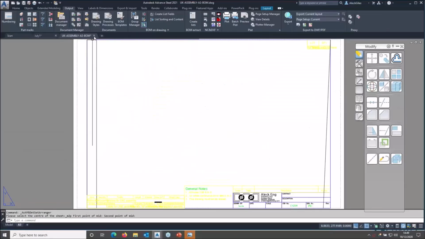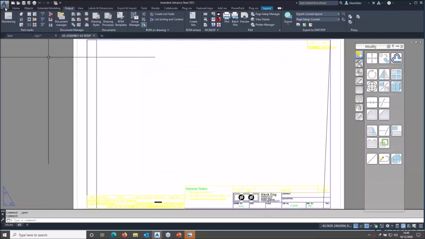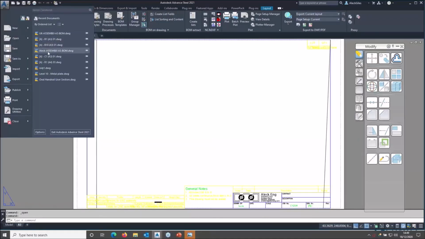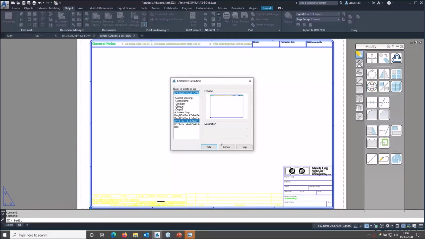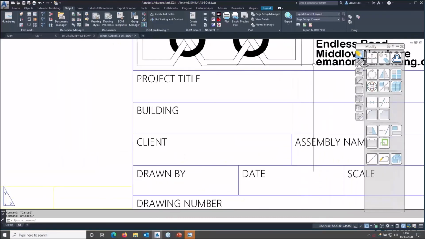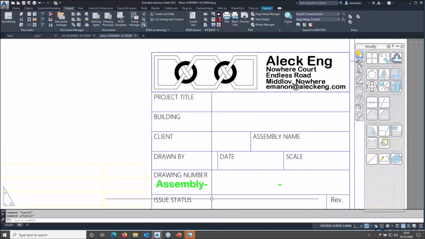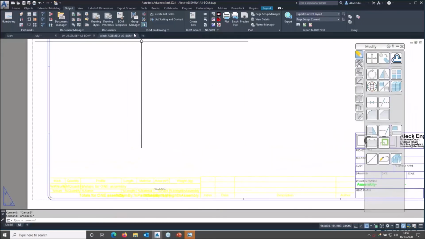So that's just scribbling. I'll show you one I've made earlier. So here's one I played about with earlier on, the one I used as an example. So I've got this border, like so. And I've got the title block over here with a different logo, different pieces and bits and pieces in there, and that's a different layout. So what I've done,